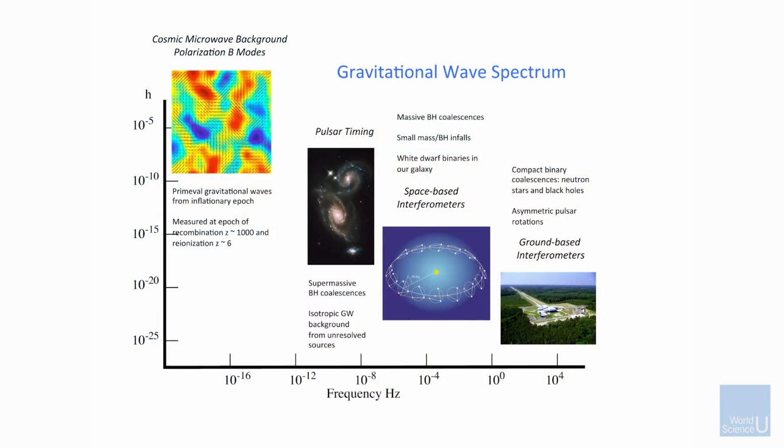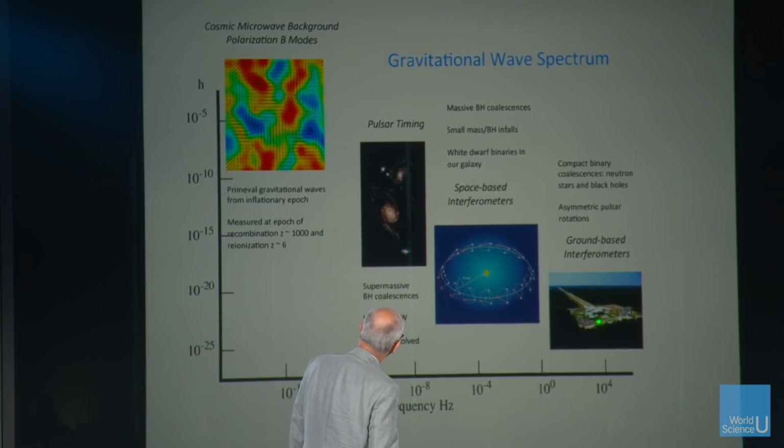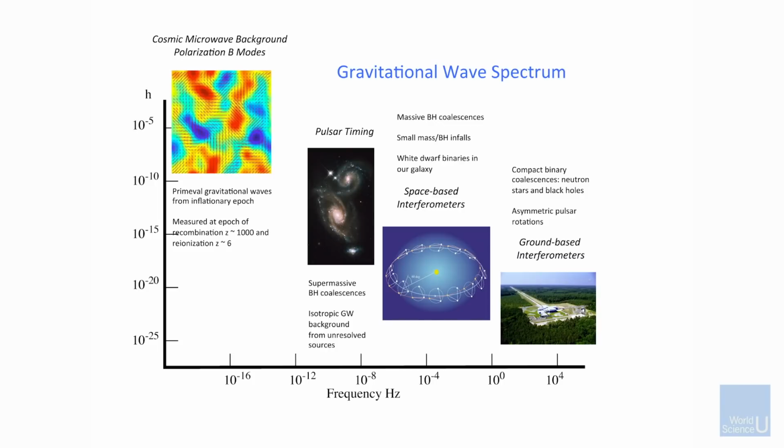So here then is the real future. Here is the gravitational wave frequency, and here is H, as an RMS value, and here's us. We have now made a detection, and we're at frequencies around 10 to the 4 hertz down to about, well, 10 hertz. I hope we get to 10 hertz. So there we are at this point. Here is space. If you put the LISA detector up, you will cover a completely different bandwidth, different sources. Again, black holes are most important, but you also see white dwarf binaries in our own galaxy. And this is from minutes to hours.